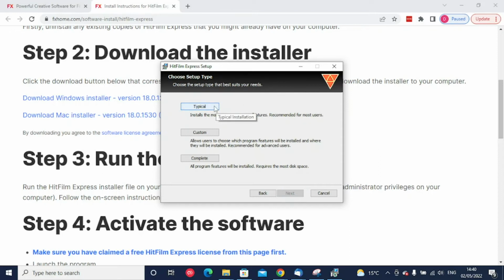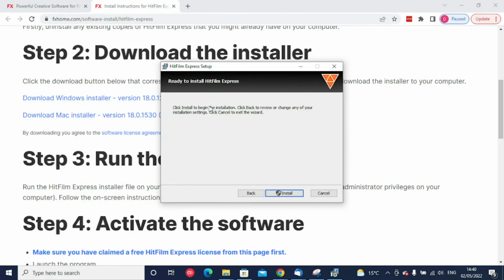And for most users, a typical installation will be fine. It will install it to your default hard disk with the default options enabled, which is suitable for the vast majority of users. So if we click on typical, the installation is now ready to begin. It does show us the shield in Windows, which means that we will need to authorize the installation using an admin account. So if we click on install,